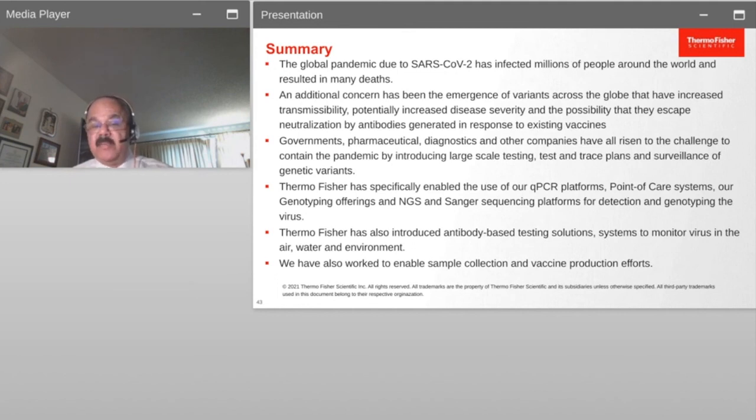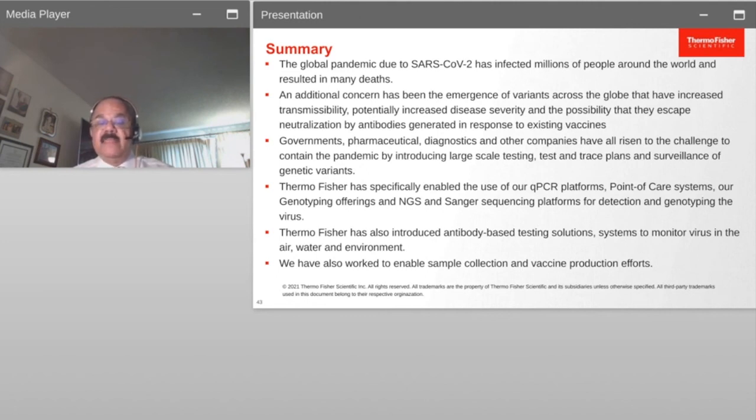And you can see the governments reacting nowadays with suggestions of having booster doses in place. So governments, pharmaceutical companies, diagnostics companies have all tried to rise to the challenge to contain this pandemic by using large-scale testing, test and trace plans like the one I mentioned in the UK and in Japan, with surveillance